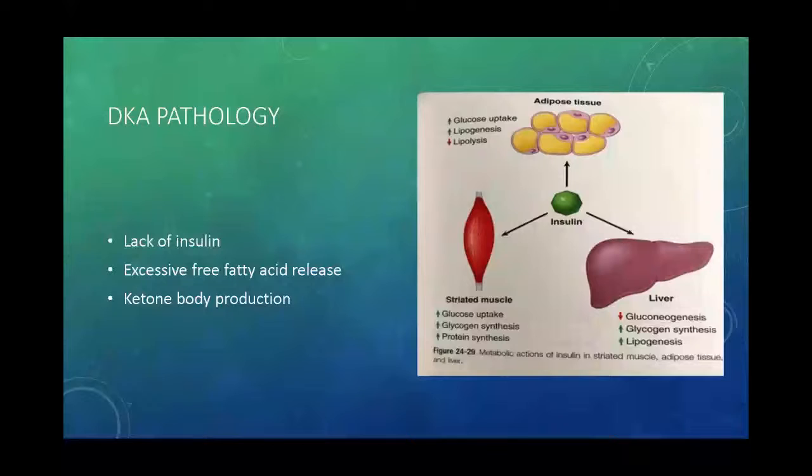Moving on to the pathology of DKA. All this revolves around insulin and glucose, and ultimately the lack of insulin leads to lack of glucose supplied to certain parts of the body. And by doing that, we remove any ATP production that we would normally have. And so all those other parts of the body start using up their stored glucose to the point that once it is depleted, they have to start finding alternative methods to produce energy so the body can stay in some